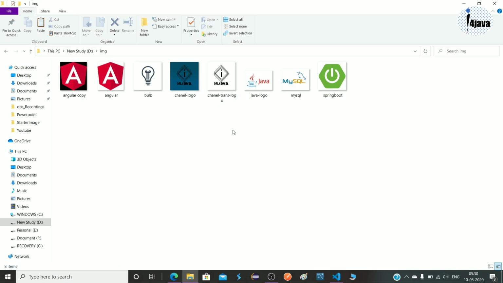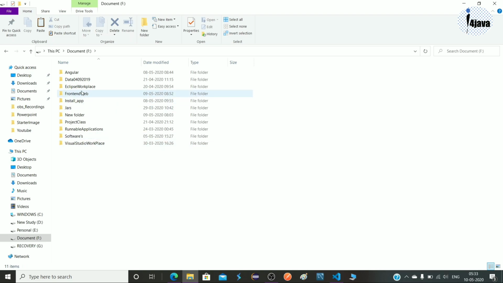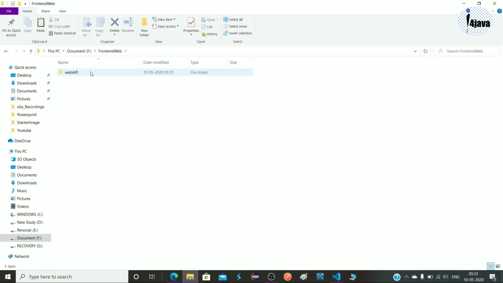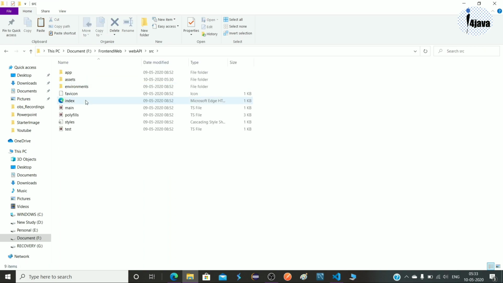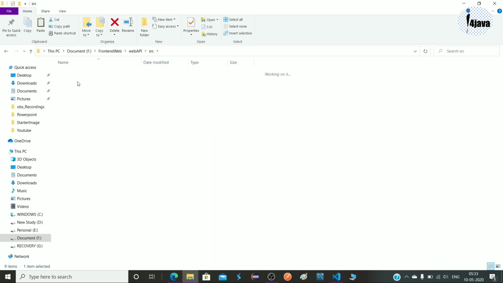Just copy all these images. Let's go to our workplace folder, front end, web API, src, assets, and here is the image folder, and paste it over here.